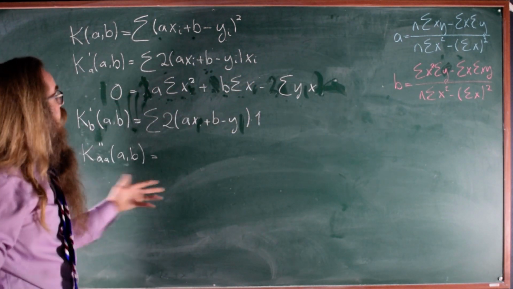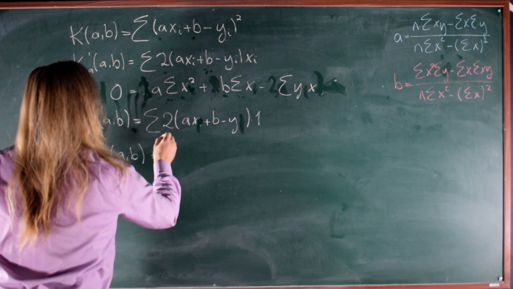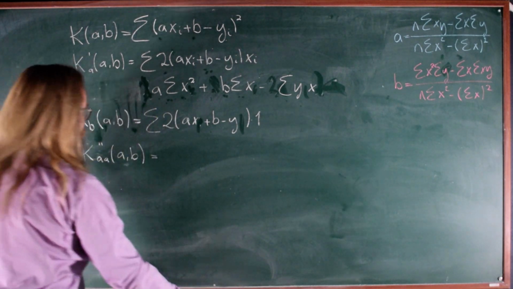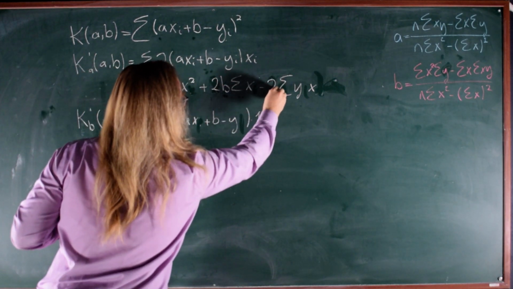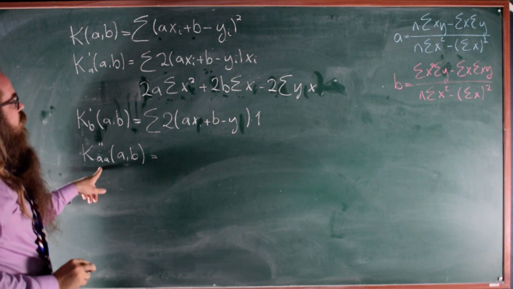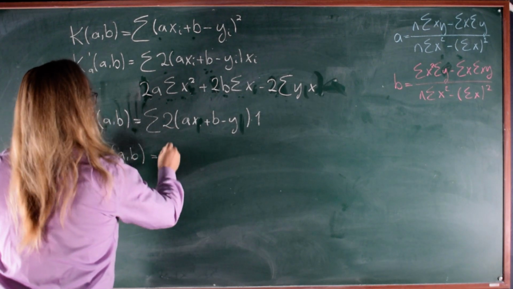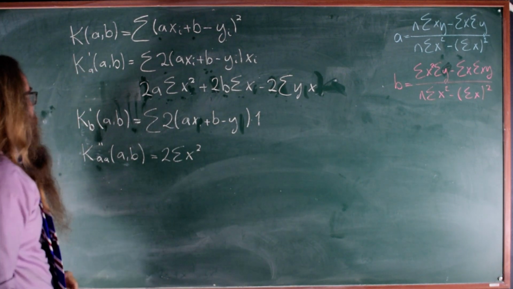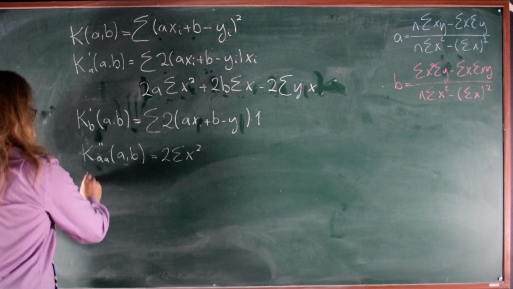So this is a constant, so all I get here is, and the 0 is not here either. And there's actually supposed to be a 2 here on each of these spots. Okay. So the second derivative with respect to A is going to be 2 sigma x squared. All right? The second derivative